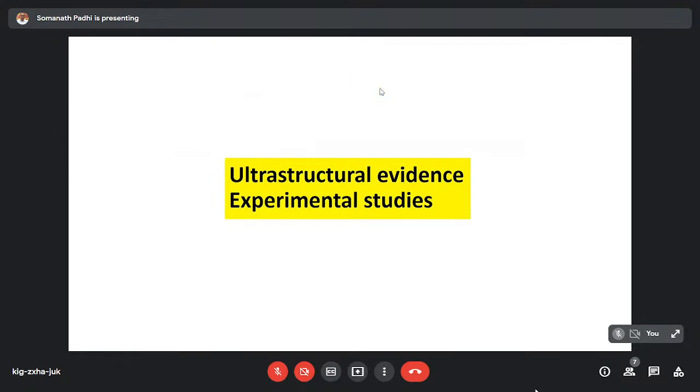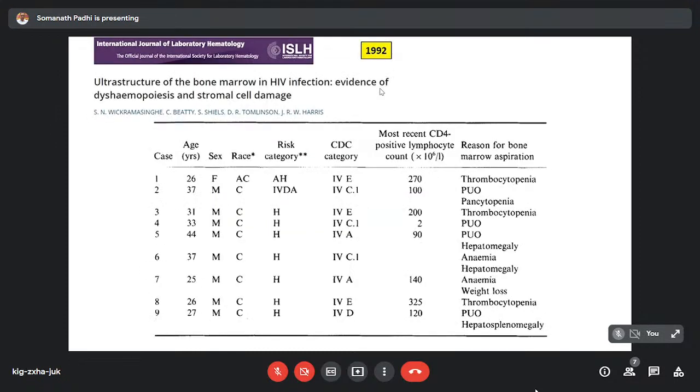So let's start with the ultrastructural evidence which has been found in different experimental studies that HIV actually infects human bone marrow cells. In 1992, this paper came from Vikrama Singh and group from the United States of America. The authors in that study included 9 patients, only one female and the rest all males. Most of them were Caucasians, and there was a high risk category based upon the mode of transmission, and almost all were in the stage 4 category of HIV/AIDS,